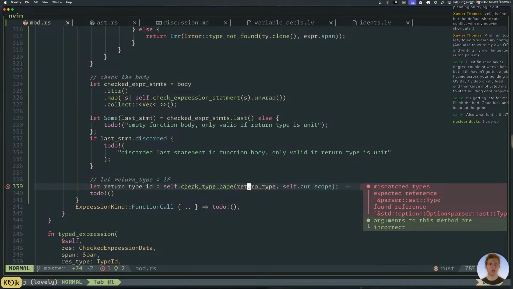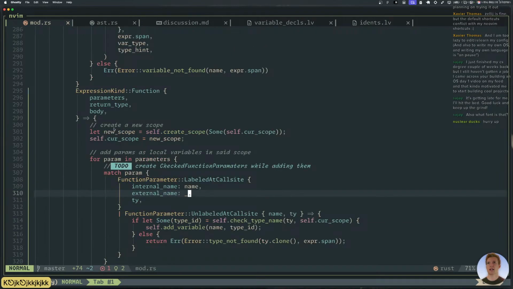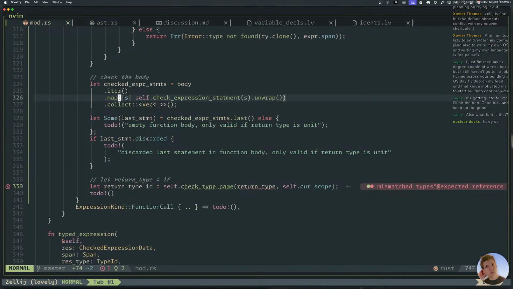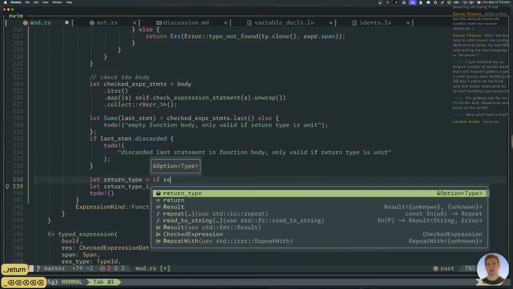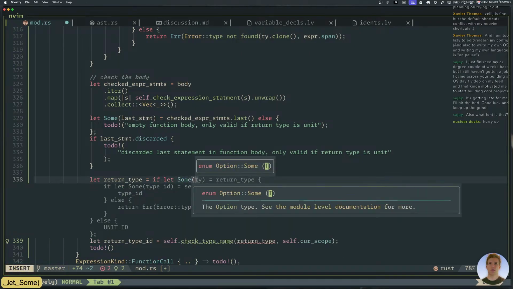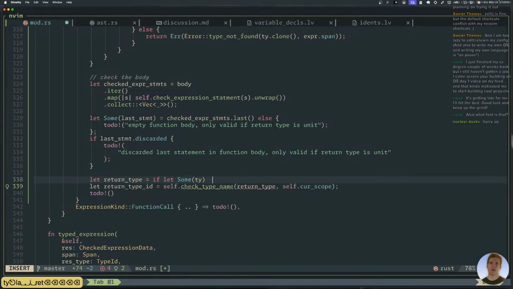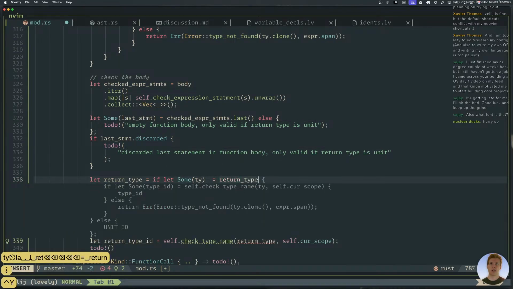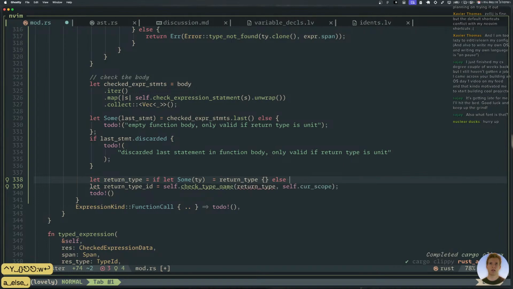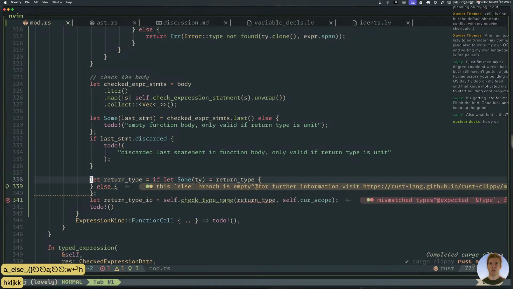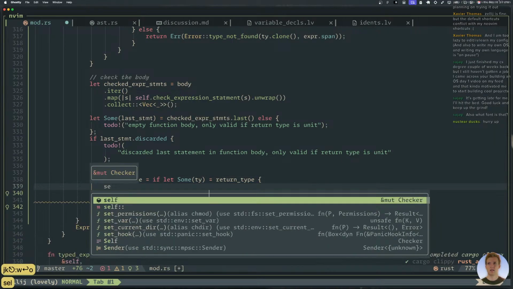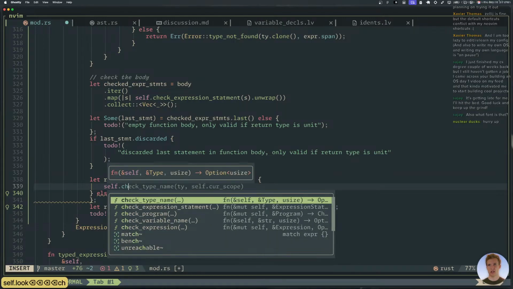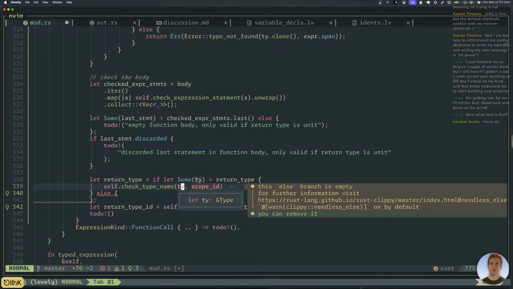So turn type. So we need to get, okay, gotcha. I want to turn that into: if return, let sum equals return type. I need a body. What is self dot check type name, type, or no, I'll do this.